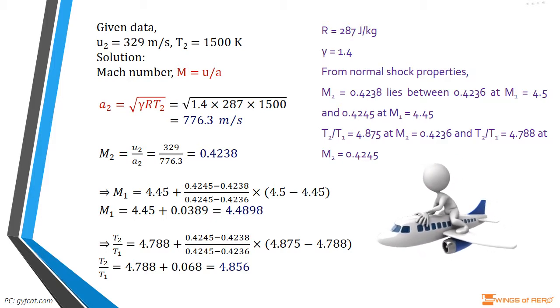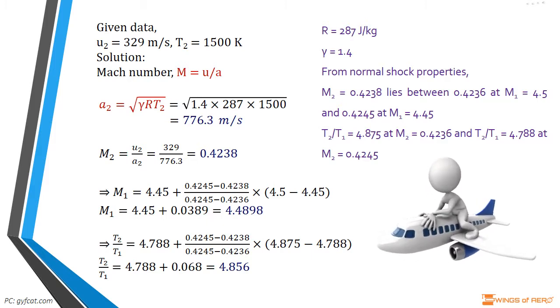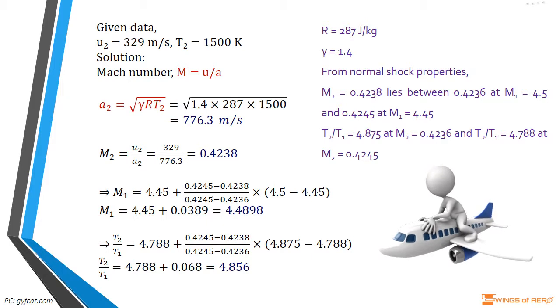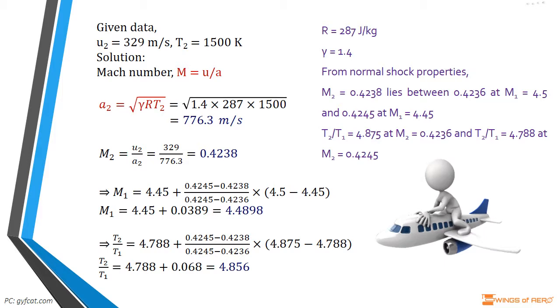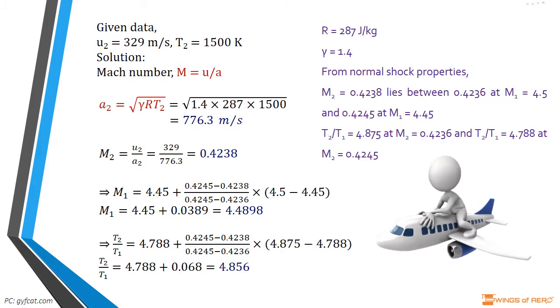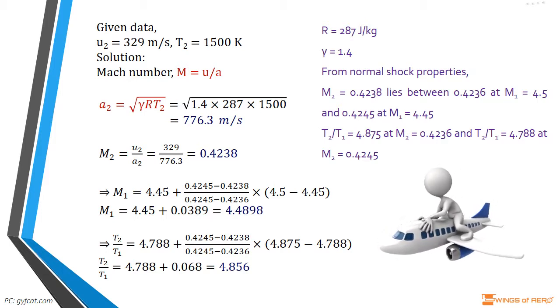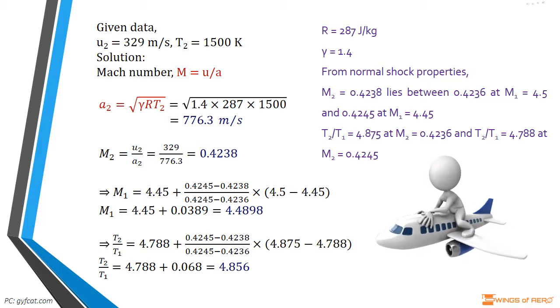The expression of speed of sound a is equal to square root of gamma into R into T, where gamma is the heat capacity ratio, which is 1.4, and R is the gas constant of air, which is 287 joules per kilogram Kelvin, and T is the temperature behind the shock wave. Substitute these values and we get a is equal to 776.3 meter per second. By dividing the values of velocity and speed of sound, we get the Mach number behind the normal shock is